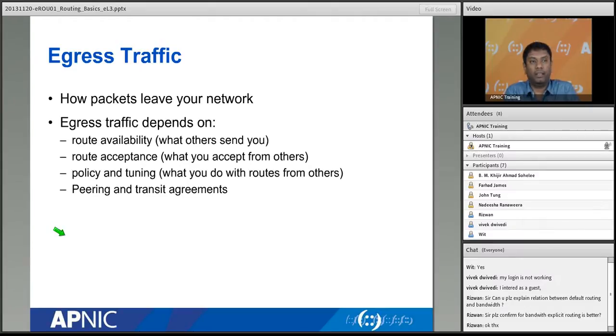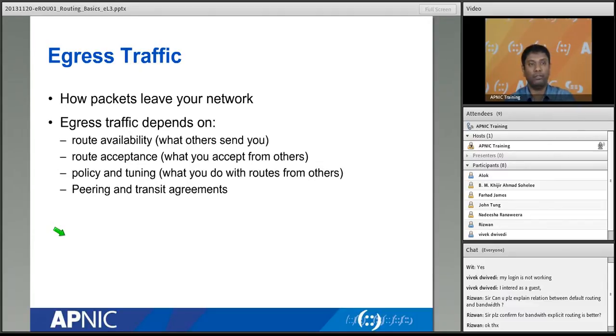Egress traffic. What is egress traffic? Egress traffic means how packets leave from your network. So from your network, how packets are going outside. That is what we define as egress traffic. Packet is going out. So when the packet is going out, or the egress traffic, to ensure the egress traffic,